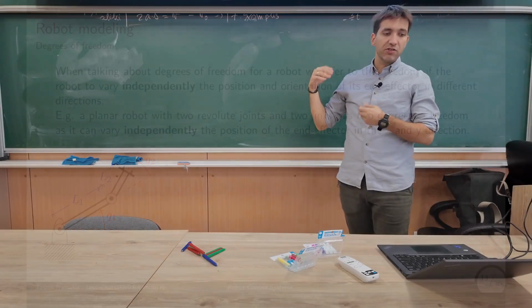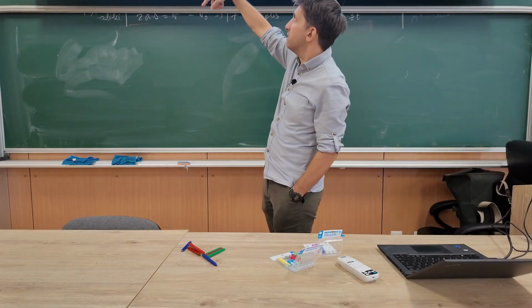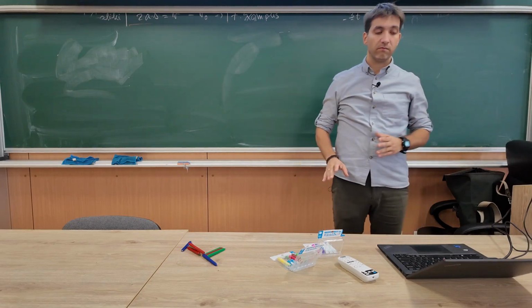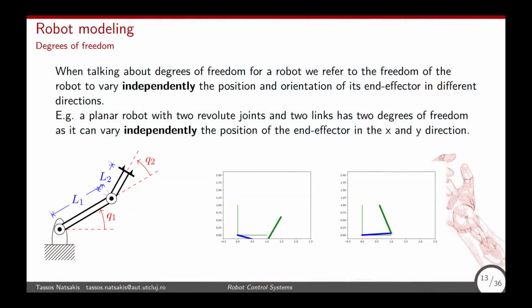And for this kind of robot, we can show that we can change the X and Y direction. Let's say if this is Y and this is X, we can change both of these coordinates of the end effector independently, right? So here I try to show it using some animations. Here I can change, you don't see the bottom part of the robot, but you can imagine, right? I can change just the X coordinate, which would be this direction, the X coordinate of the end effector without changing the Y, so without going up and down,